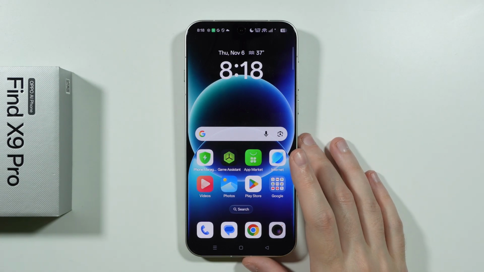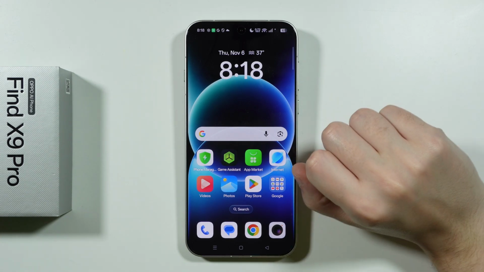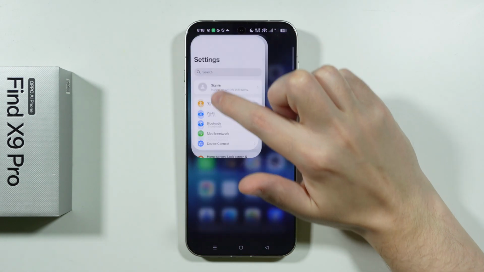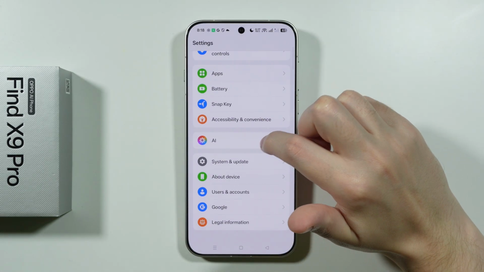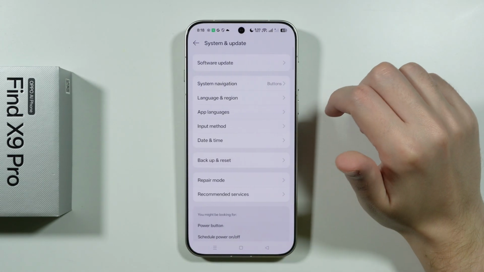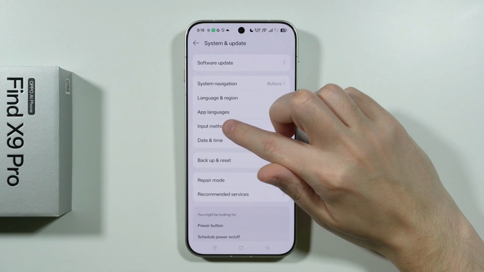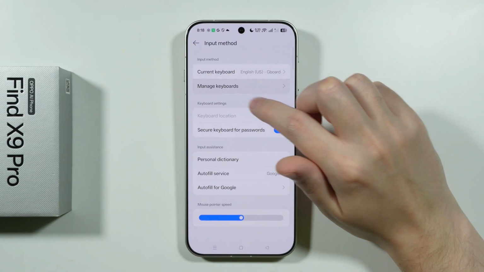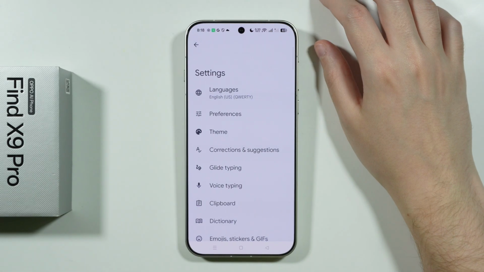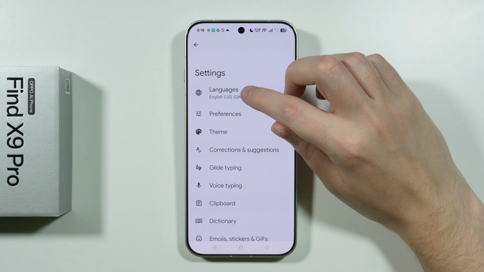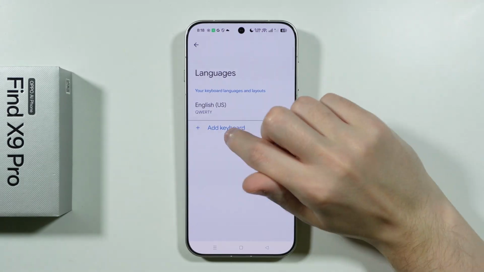If you want to add or change keyboard language on OPPO Find X9 Pro, first of all, we're gonna go to Settings, scroll down over here to choose the System and Update option, and then proceed to Input Method. Then we're gonna go to Manage Keyboards, and then choose Gboard. Now over here we can go to Languages, and if you want to add a new language, of course, we